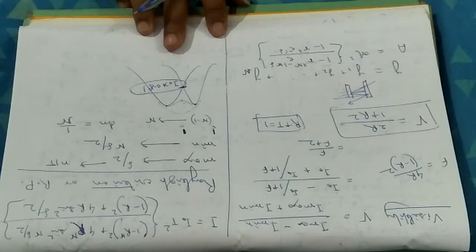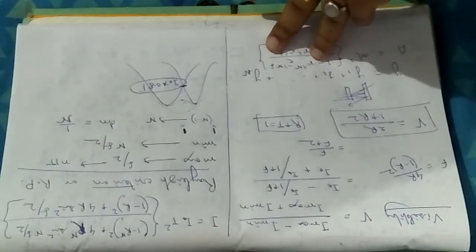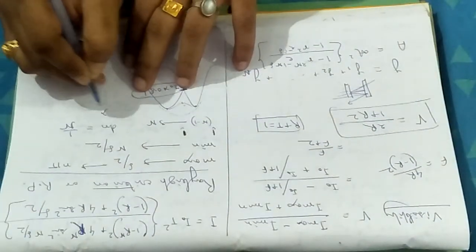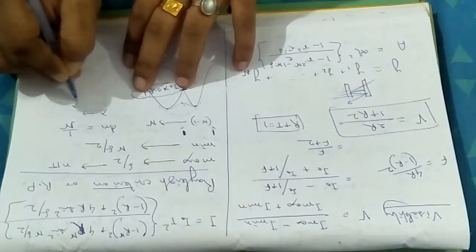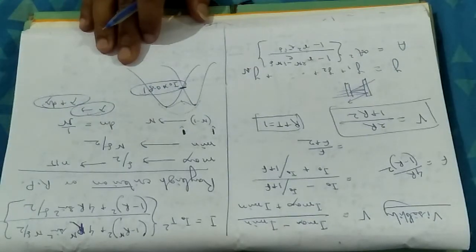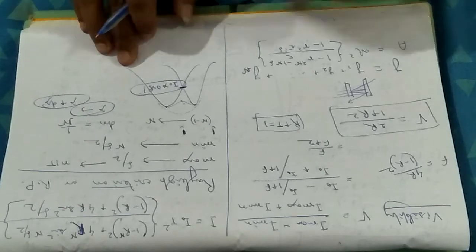That is, in between two maxima you get a minima, so that you can easily identify these two maxima according to the Rayleigh criteria. So for resolving power, I am considering two very close wavelengths, one is lambda and another is lambda plus d lambda. These two close wavelengths create their individual fringe patterns. And what is the path difference between them?